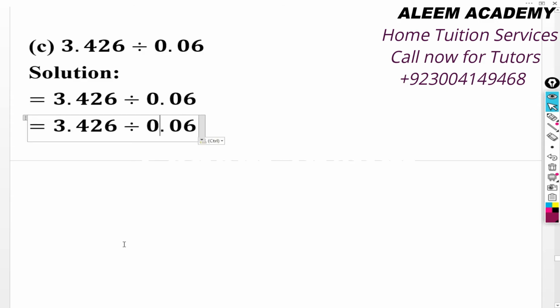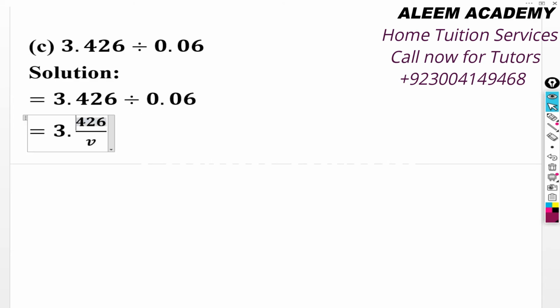Okay, in this part, the first thing you have to do is write this number in the fraction form. So we have written them in fraction. Now what we have to do is cancel the decimal signs, and in cancellation of decimal signs, we will multiply with 10, 100 or 1000 or any number on the other side, the number that will come there.